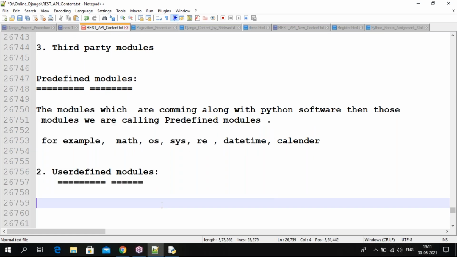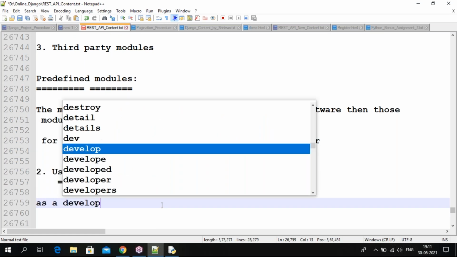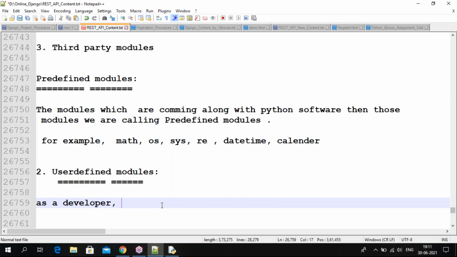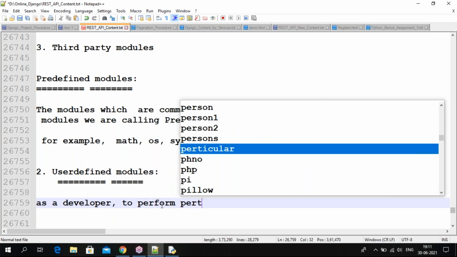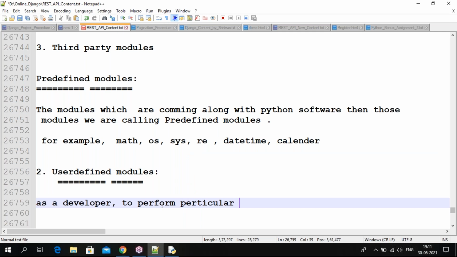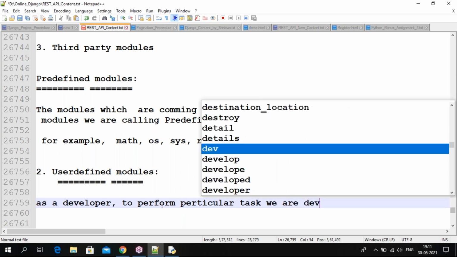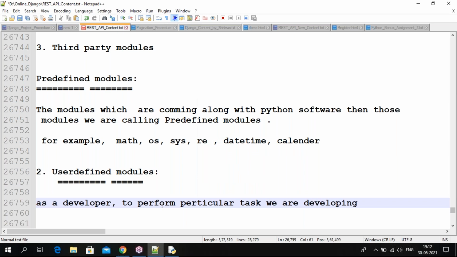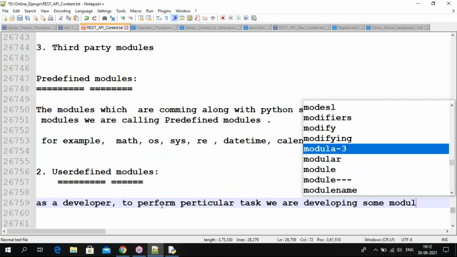So as a developer, to perform a particular task, we are developing, or creating, some modules.